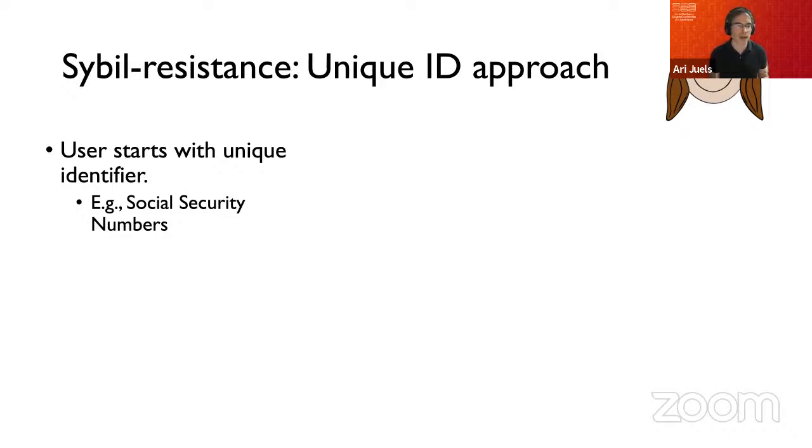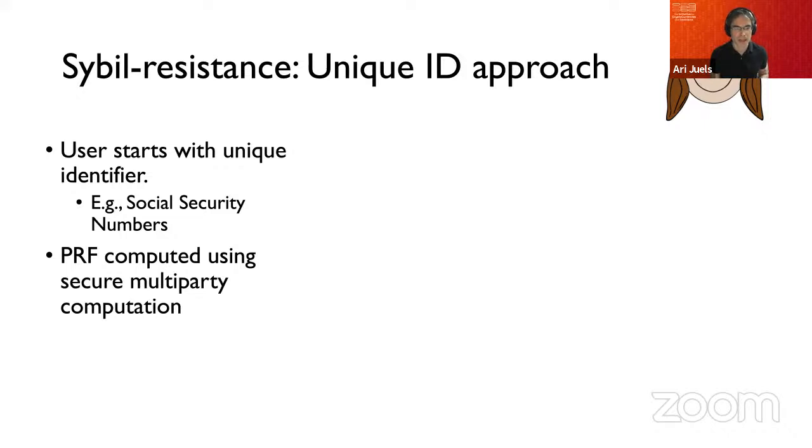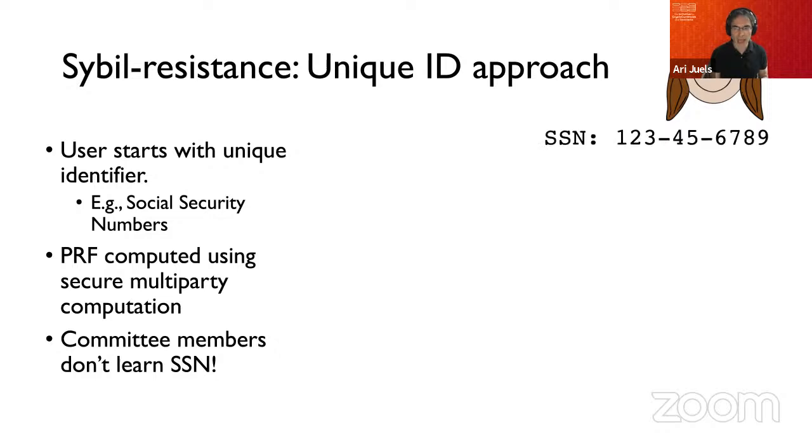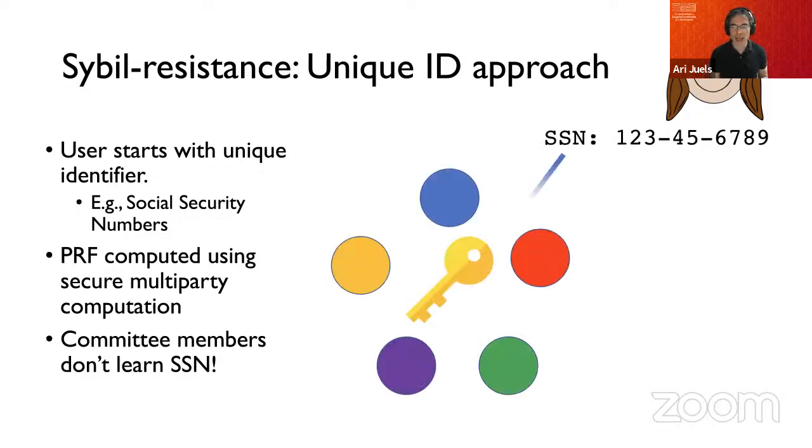For example, a nationally issued numerical identifier like a social security number. And what the Candid committee does is ingest this number presented by the user in a privacy preserving way, apply a PRF, pseudorandom function, to it using secure multi-party computation, and generate a privacy preserving identifier that can be used